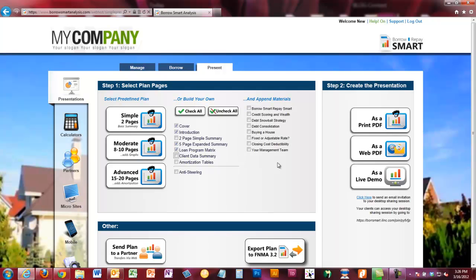Over here I have additional information that I can make available. These are appended materials. Let's say that one of the clients has not a good credit score. I click Credit Scoring and Wealth. We're going to add that information to their report. So it's that easy. We'll talk about some of these other features later on, but I now have the ability